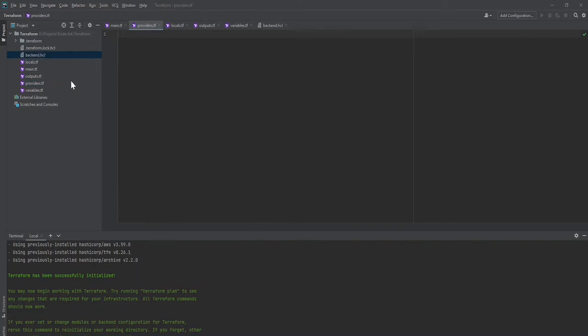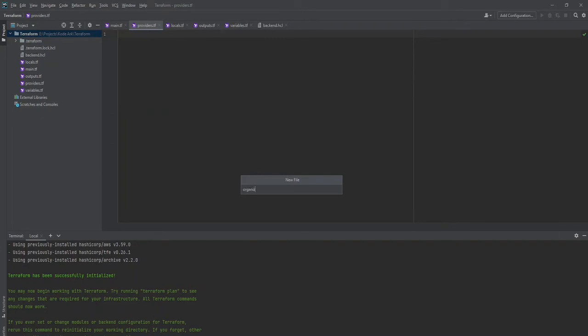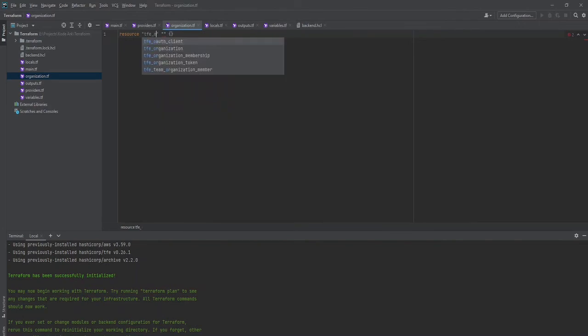I'm going to create another file and name it organization, and I'll start writing it. Resource, TFE organization. The name of the resource could be anything because it is an identifier, so I pretty much like this so I can correlate it.